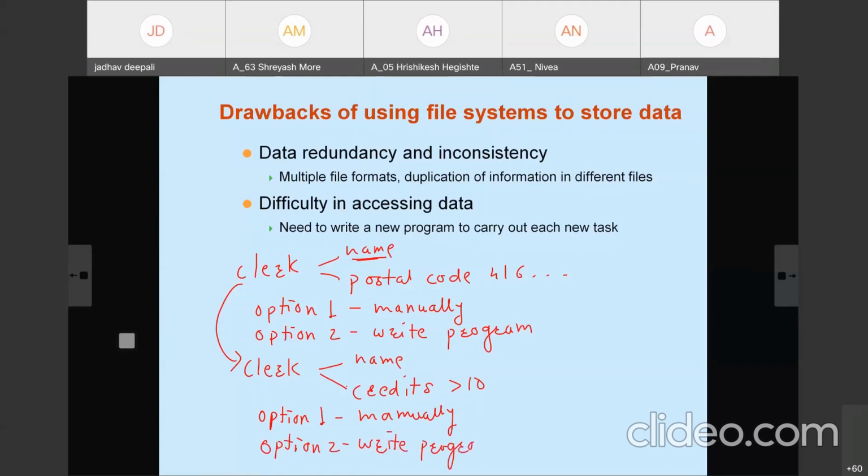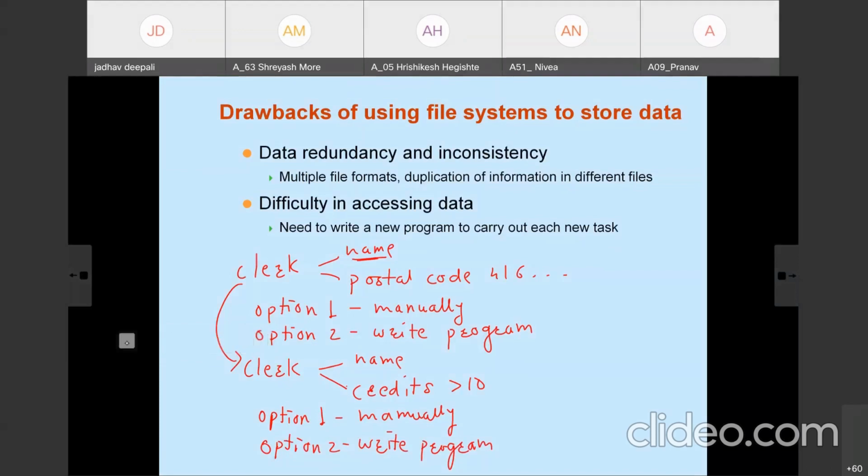To write a new program so that the clerk gets the names of the students whose credits are greater than 10. So in this way, whenever there is a new application, a new application program needs to be written every time. That is the major drawback of the file processing system, difficulty in accessing the data. Now the next one,